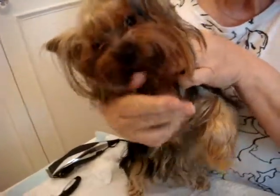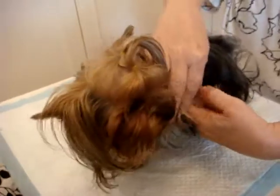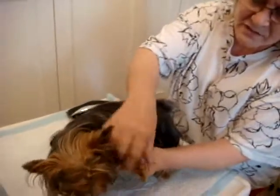Alright, now the other thing I do is I take his little paws. Now he needs to have his toenails clipped. I'm not going to do that myself because I'm afraid, to be honest. So I'm just going to take his hair like this. You can see how much hair he's got there. And I'm going to take this